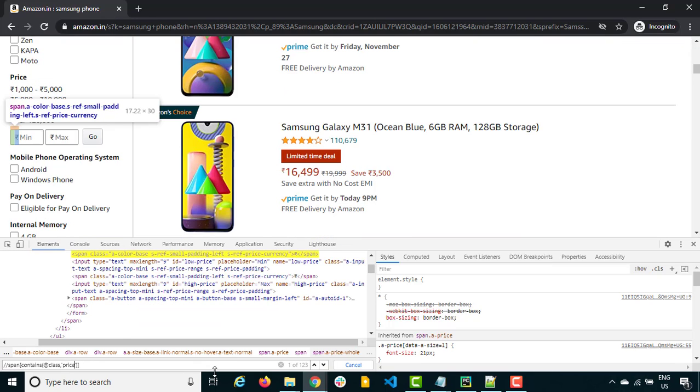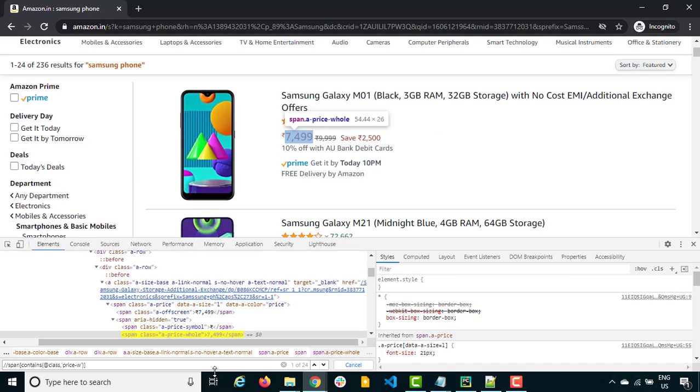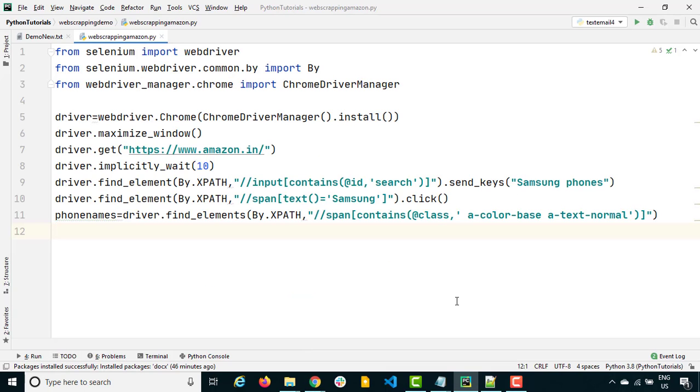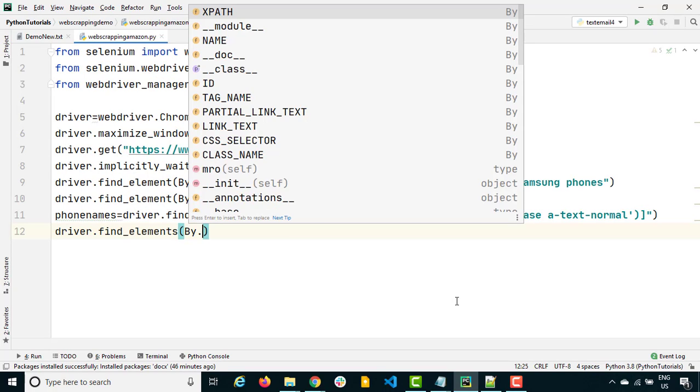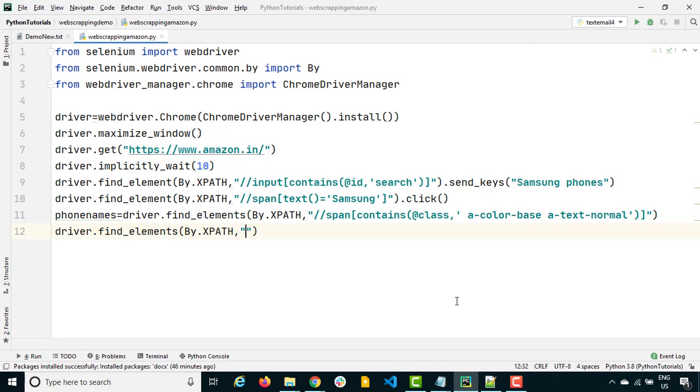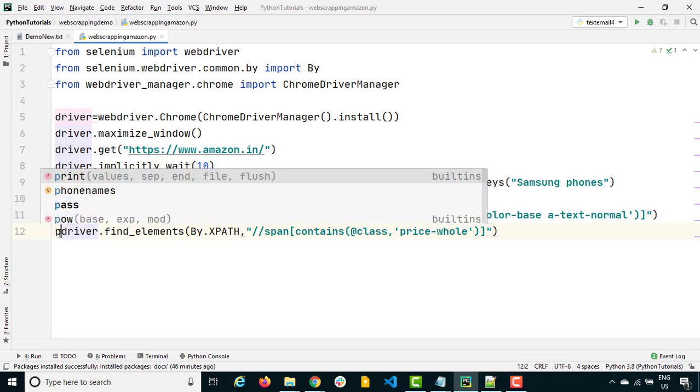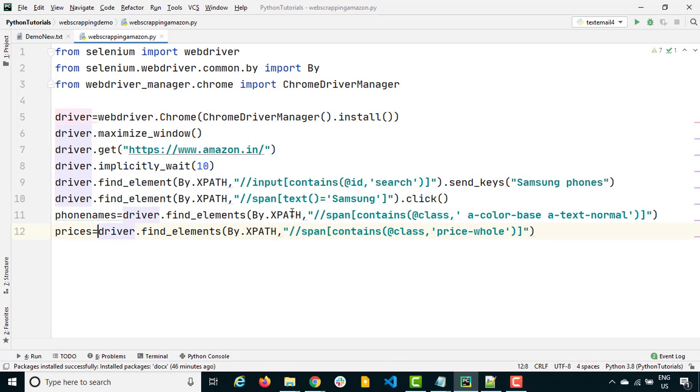And what if I use this? Okay, so price is matching with multiple, so let's stick to price whole. Okay, so the second list will be find elements again by dot xpath, and here we will be getting all the prices, right? Now if you just want to see this part whether it's working fine or not, so let's run a